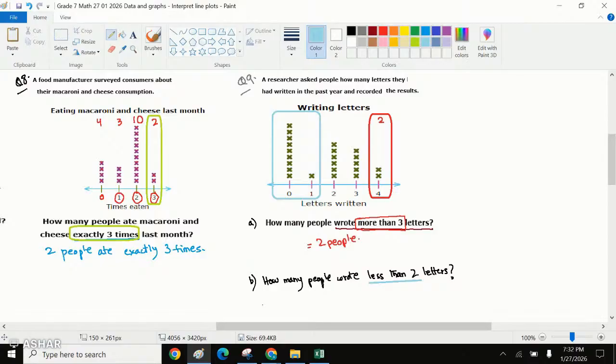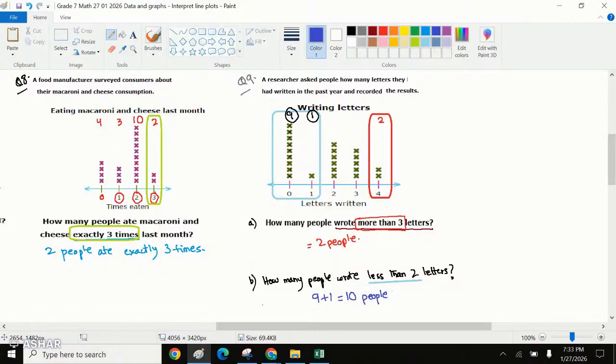Nate, help me out with this. How many people wrote less than 2 letters? Nate, less than 2 means it cannot be equal to 2, right? But less than 2 would include 1 or 0. So how many people wrote 0 letters? 1, 2, 3, 4, 5, 6, 7, 8, 9. That means 9 people did not write a letter. One letter was written by one person, right? So can we say 9 plus 1, that is 10 people